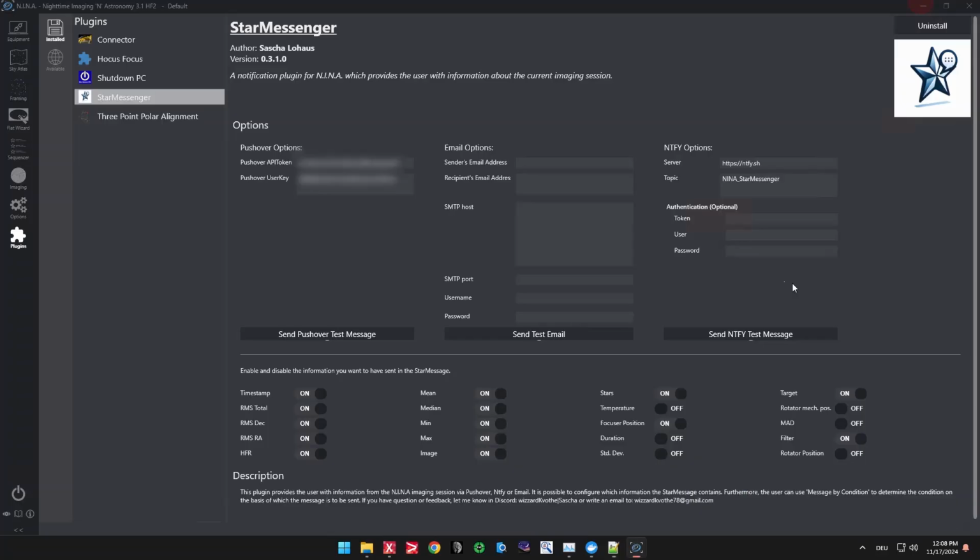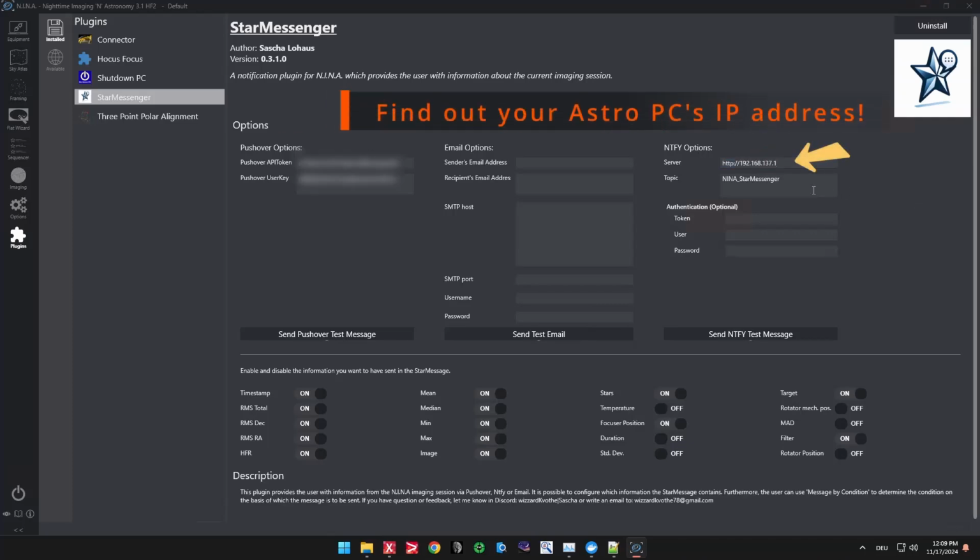First step in the configuration of the StarMessages plugin, replace the official ntfy server with the IP address of your PC. In my case, it is exactly this one. Actually, you should also be able to use your PC name here, but I had problems with sending pictures, so